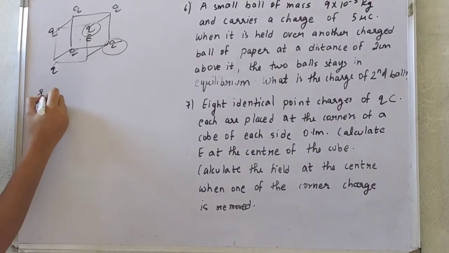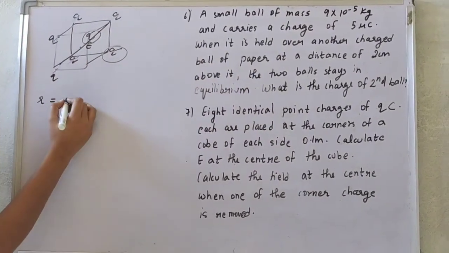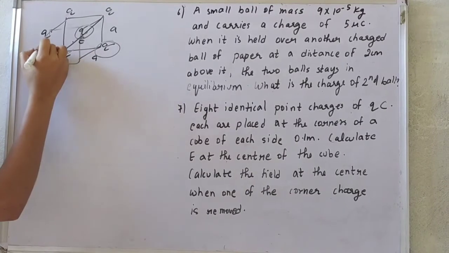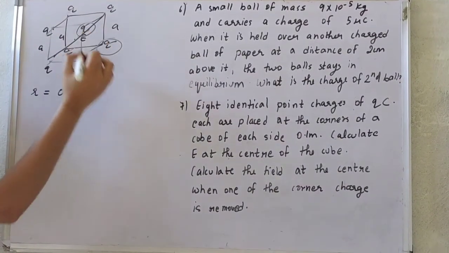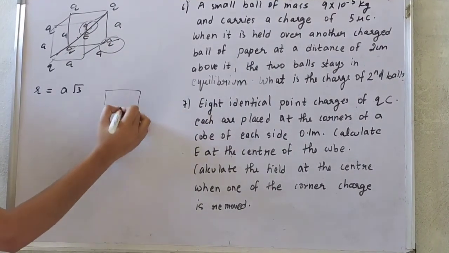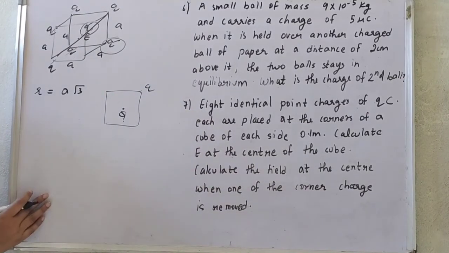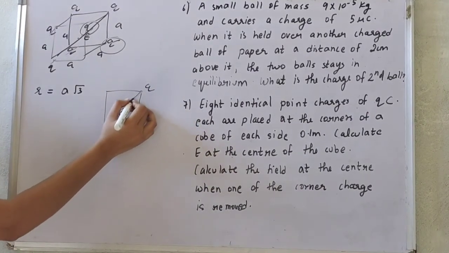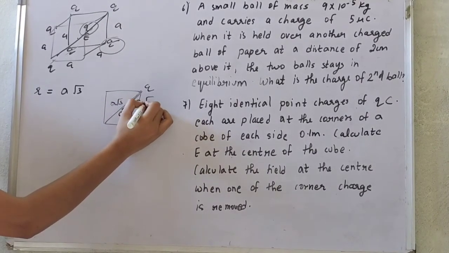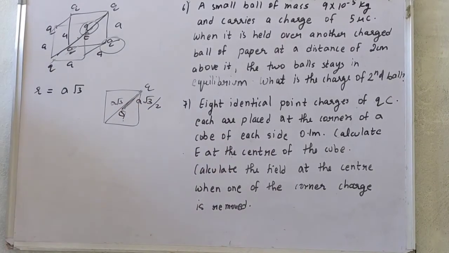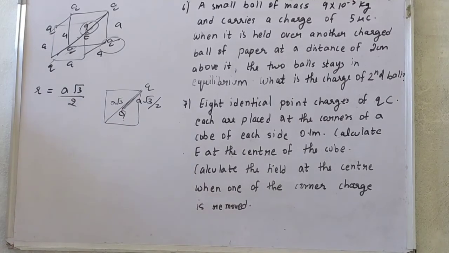Okay, now the radius will be equal to this. The line joining the center will be, if the side is A, equal to A root 3. Okay, at the center here we take another. At the center here is the charge placed. Okay, we have to find it due to this Q coulomb. So we will take this part only, we have found this whole one, that is A root 3. But if you take this one, that will be equal to A root 3 upon 2. Half we will take. So the radius will be here A root 3 upon 2.